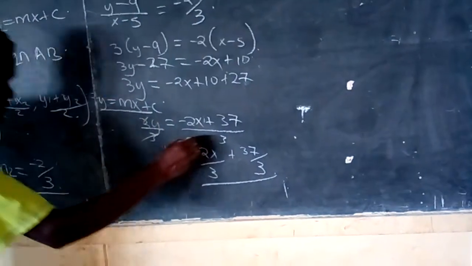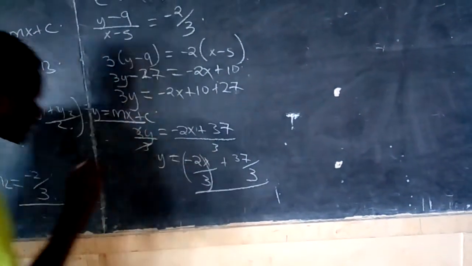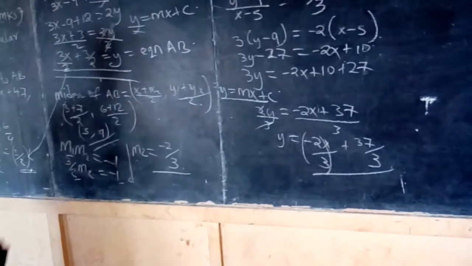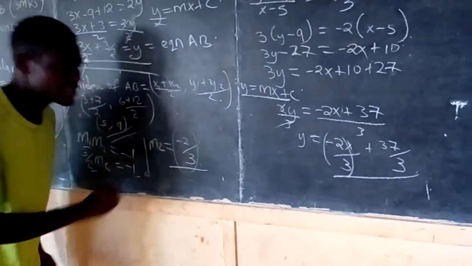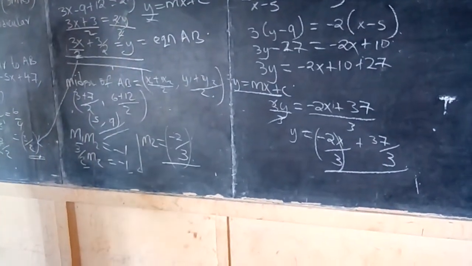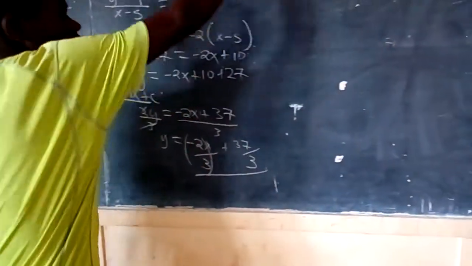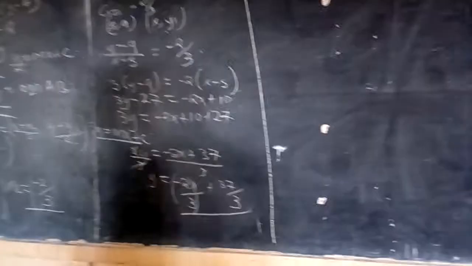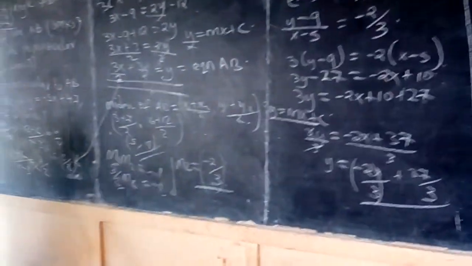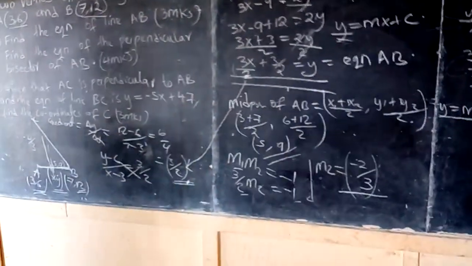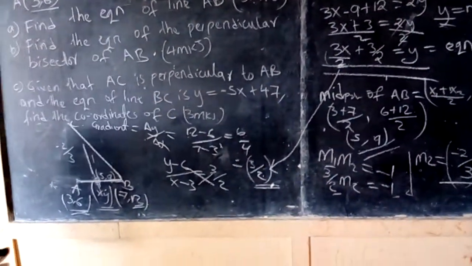If you look at this gradient, that value here, it's equal to the gradient we found. Now that means that is the equation. Then the next thing we want to find, having found that equation, that was question B, which was 4 marks. Then question C, they are now asking, given that line AC,